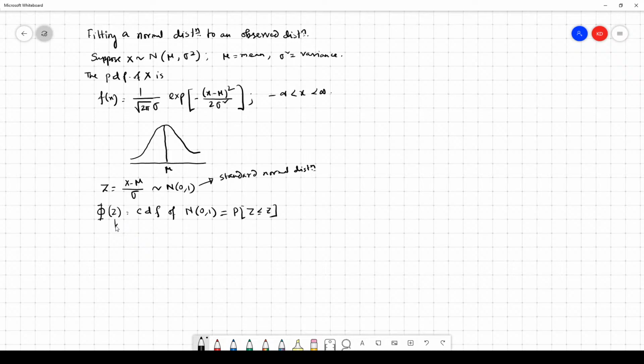Generally, z is rounded to two decimal places, for example 0.75. Some books denote this z by tau or z. Suppose z equal to 1.51 and the corresponding phi(z)